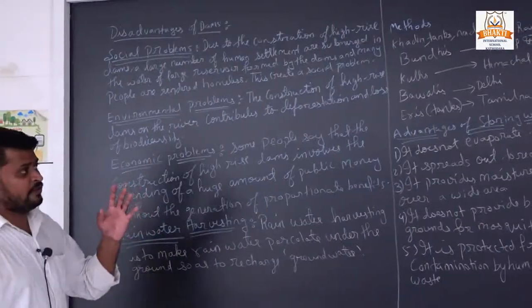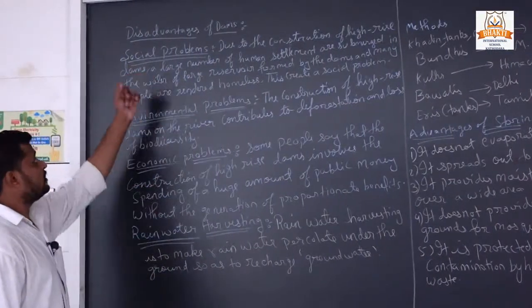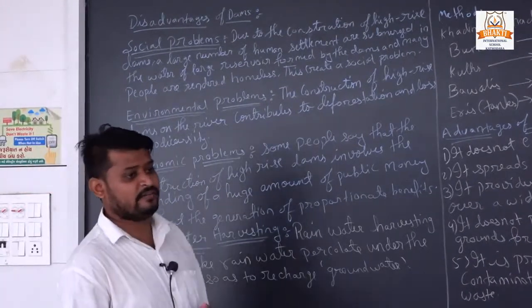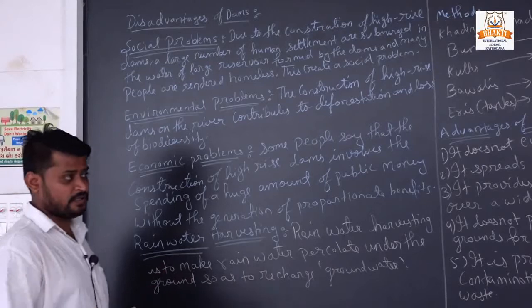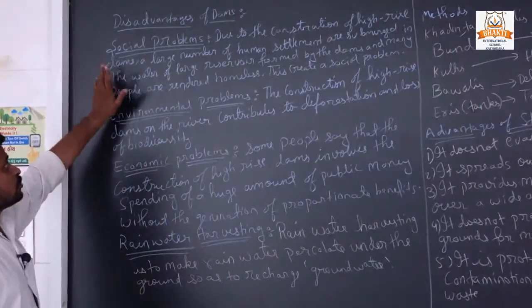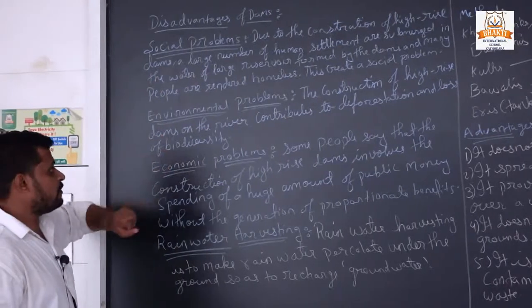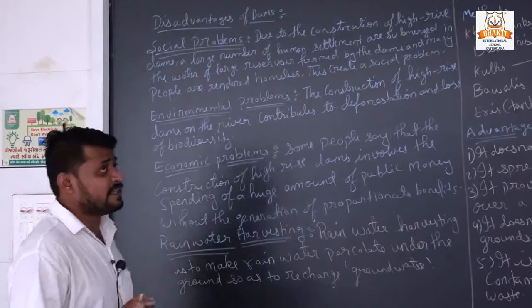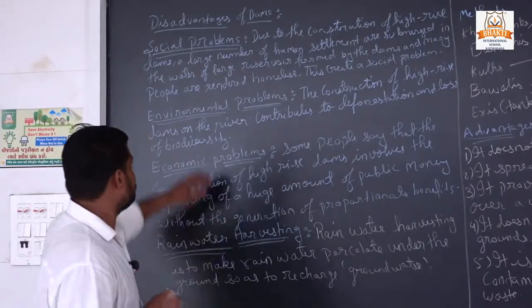Now the advantages are finished. Now the disadvantages of a dam. There are some advantages and disadvantages of a dam. We already studied the advantages. Now we are going to study the disadvantages. First is social problem, second environmental problem, then economic problem. These are the 3 main disadvantages of a dam. First we will see